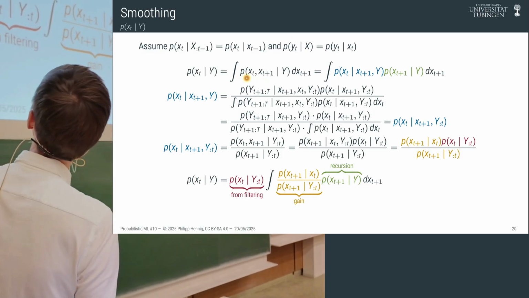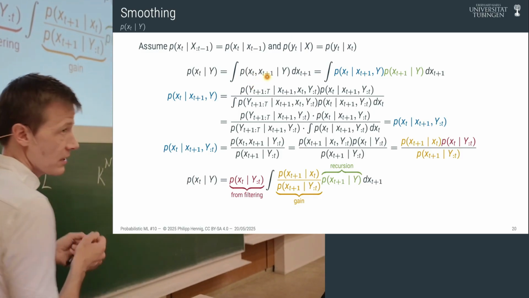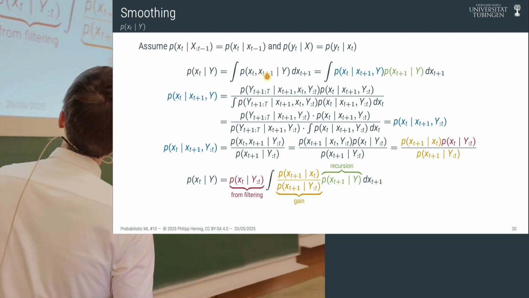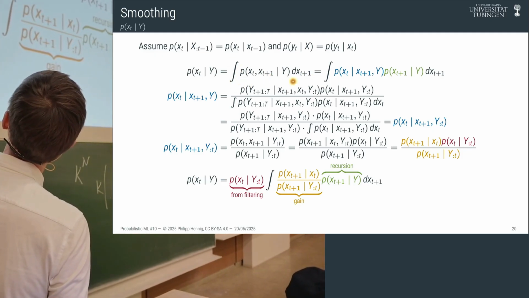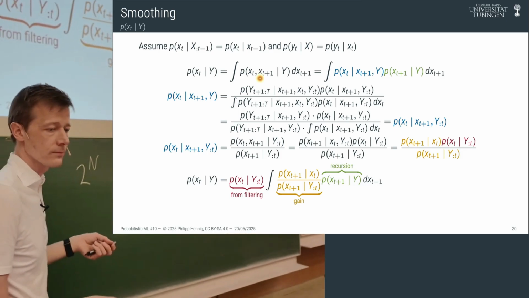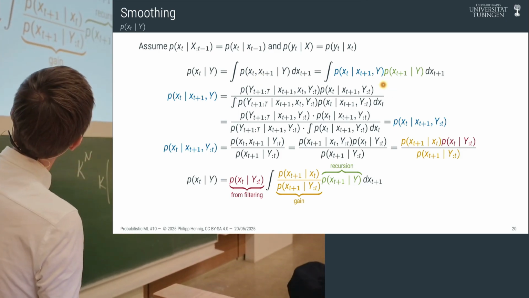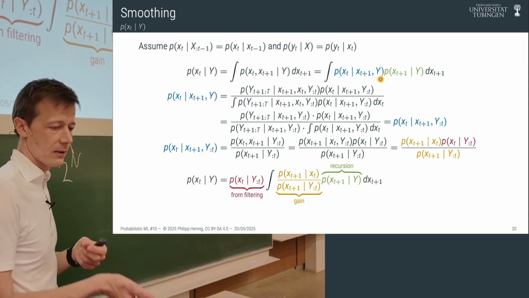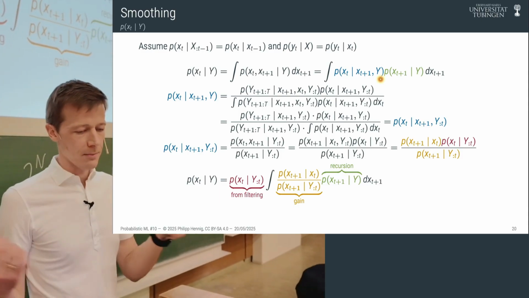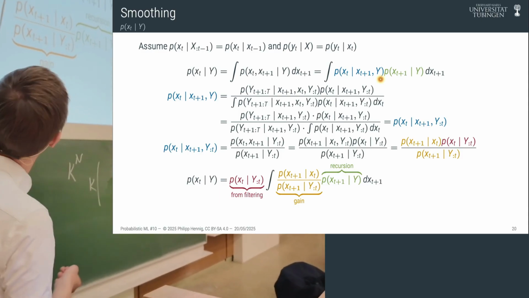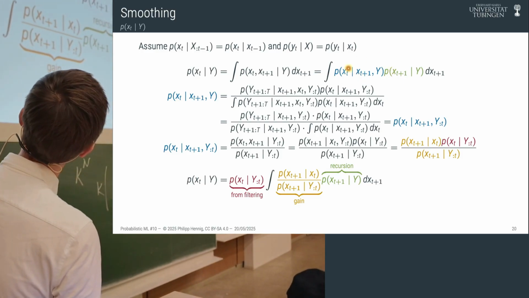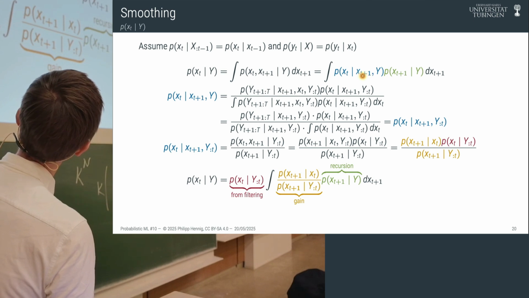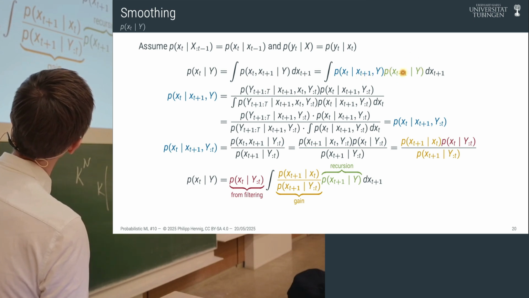So to do that, we first reintroduce the next state, x_{t+1}. And we can do this again using the product rule, the sum rule. So we just integrate it out, and then we can write it into our joint distribution. Then we use the product rule to write this joint distribution as a product of a probability distribution and a conditional distribution, a green and a blue bit. And now let's only look at this blue bit for a moment. We are going to revisit it later. We're going to revisit the green thing below. That green thing will show up down here again.